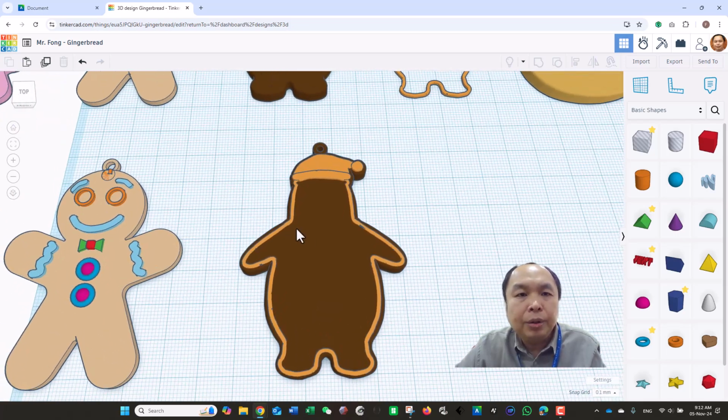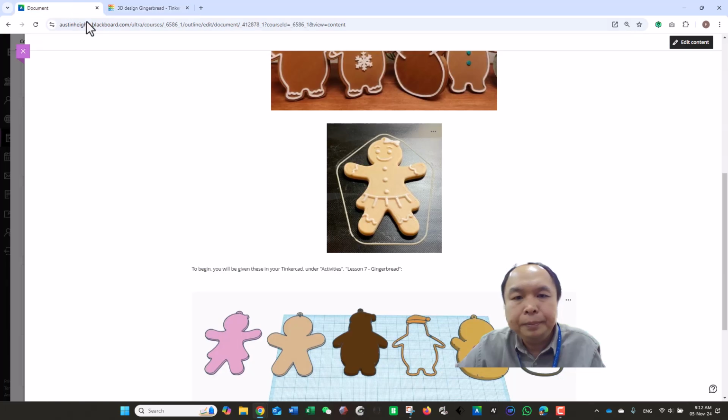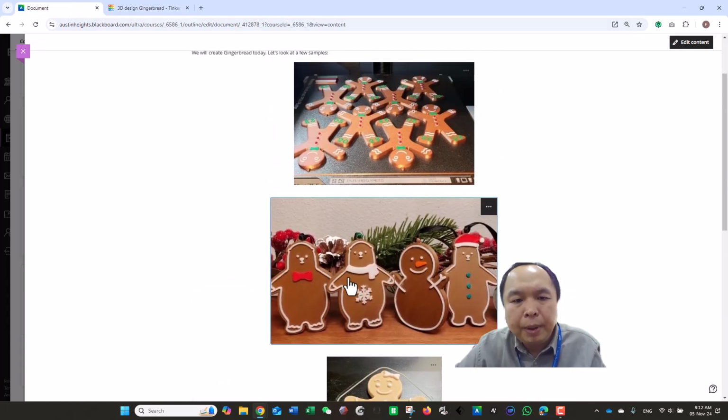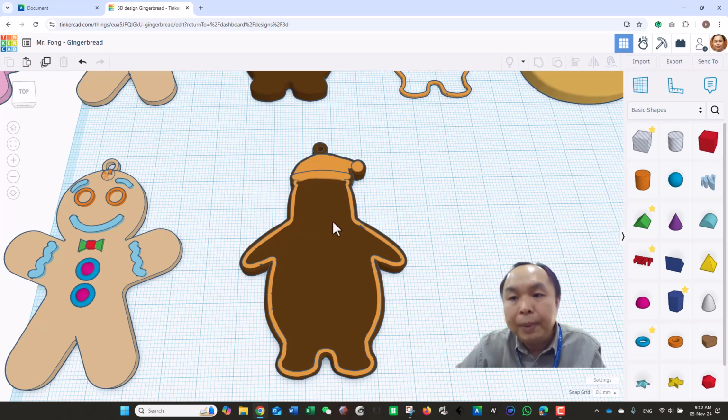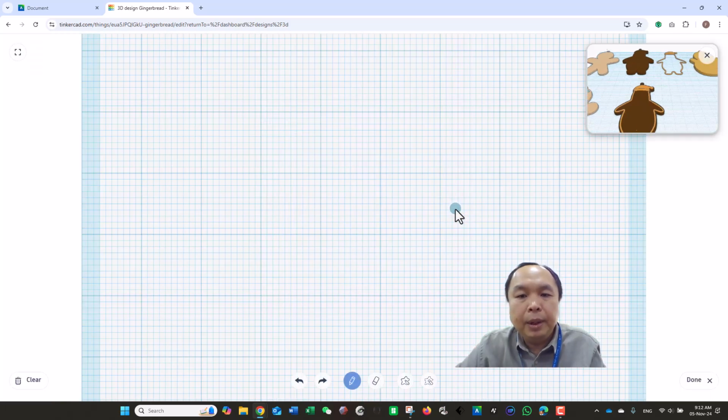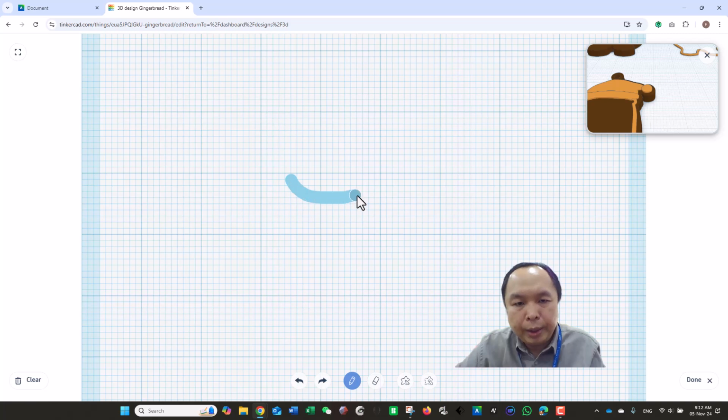Okay, now I want to show you the bear. You can see, maybe this is easy, you already know how to do. For this one, maybe I want to show you this. The nose and the mouth is very easy. You just use a scribble to draw it out yourself. So I won't show again. I just show you the difficult part. Okay, let's say I want to create the